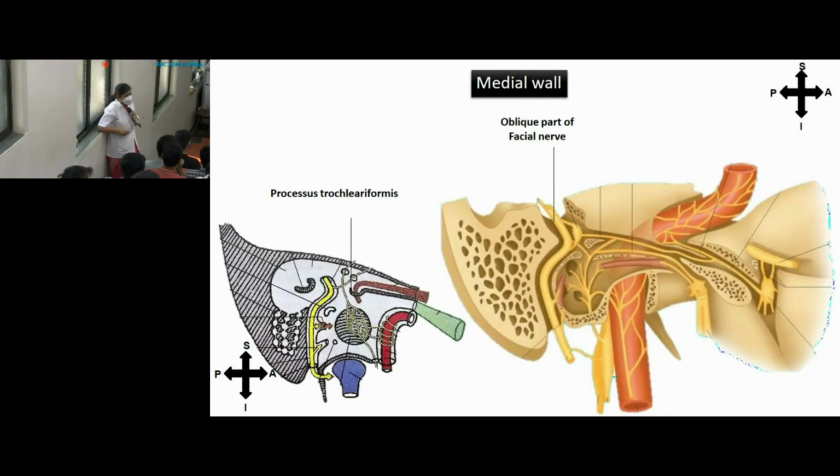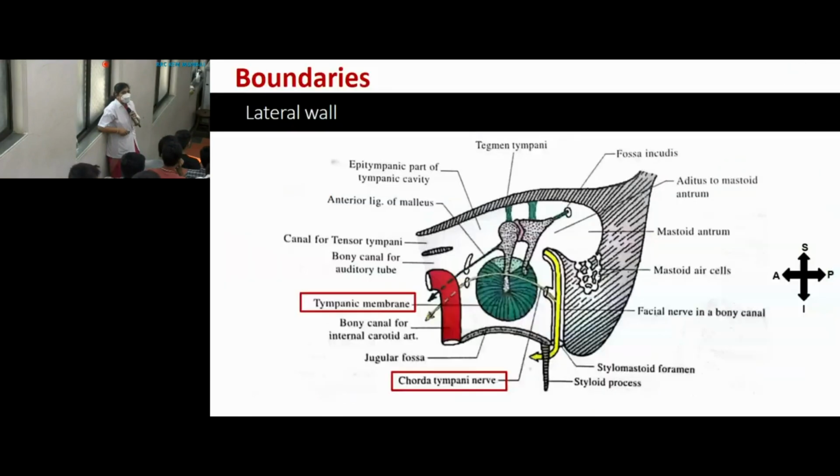Okay, don't disturb me. So the lateral wall is formed by which important structure? There is the tympanic membrane. If you see the structure of this tympanic membrane, even your textbooks must be describing this. It consists of 3 layers. Inside, towards the tympanic cavity, there is the mucous layer, then there is the fibrous layer, and the outermost, which is facing towards the external acoustic meatus, is the cuticular layer. So skin, then fibrous layer and the mucous layer.